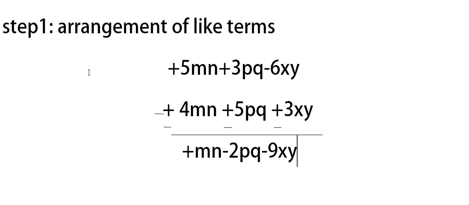If two terms have a negative sign in front of them, minus minus is always plus, so the operation will be plus. You have to add these two, but the sign will always be of the bigger number. Even though both of them have the same sign, still just follow this bigger number principle. Whatever sign the bigger number carries, you write that sign in front of it. It's so simple. I hope you have understood.